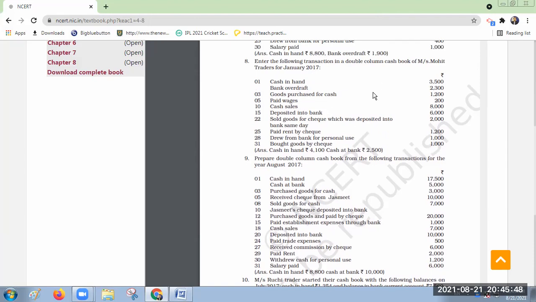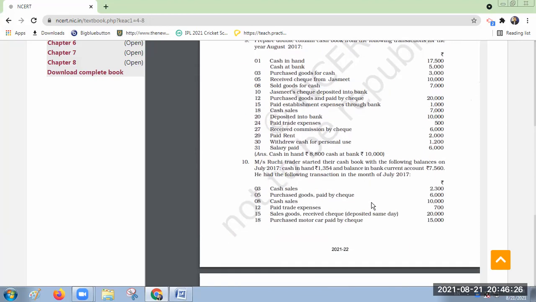So same, overdraft is there, means you will mention on the credit side. Okay. Yes, sir. While balancing also, you have to see carefully. One balance may be on the debit side, one balance may be on the credit side. Balance brought down one time may come on the debit side, the same balance brought down another time may come on the credit side. You have to check properly. Yes, sir. No, sir. No doubt. Okay.